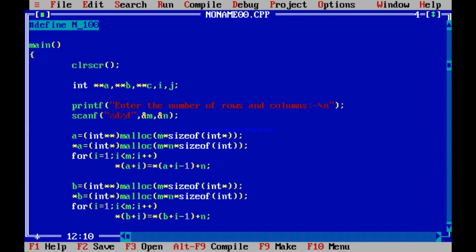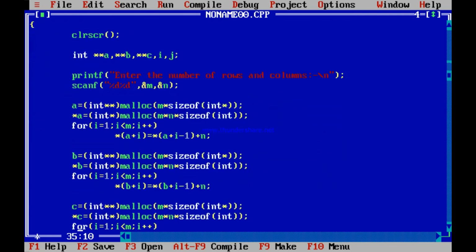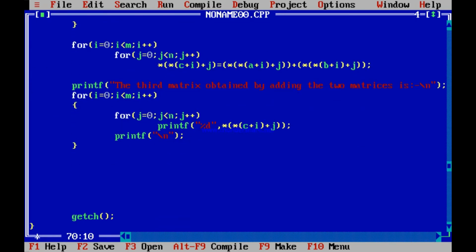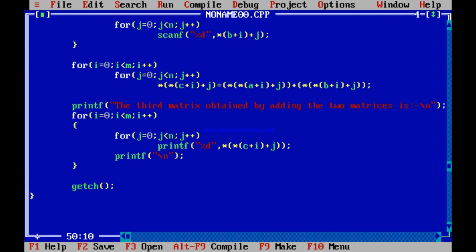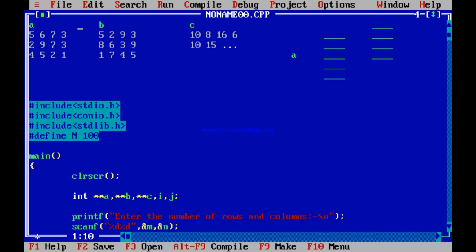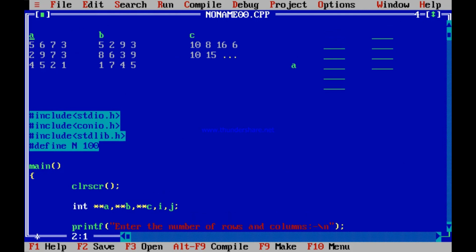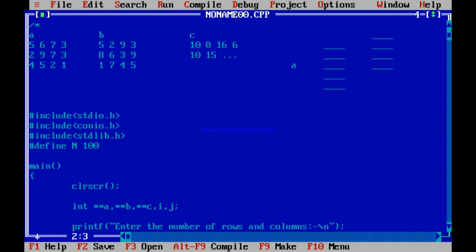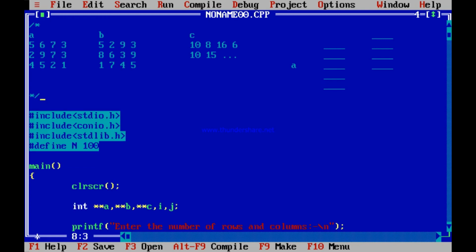I think this program is fine. I have declared *c, i, j and everything I declared. So this program should run absolutely fine. Let me see after I comment out the explanation part. Very important, so this I need to comment out. This I need to comment out. Okay, so let me run this program.